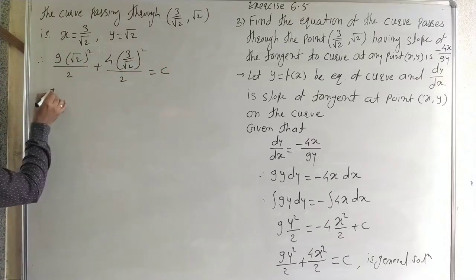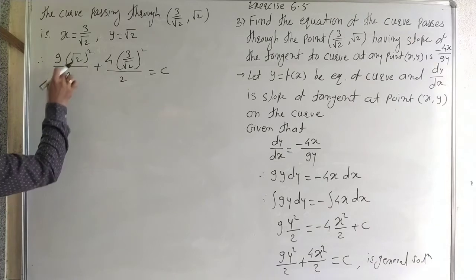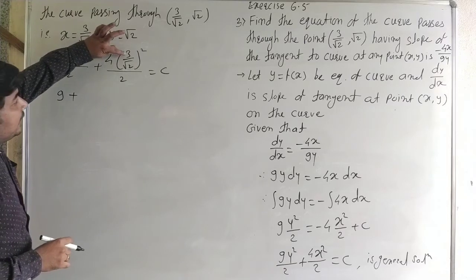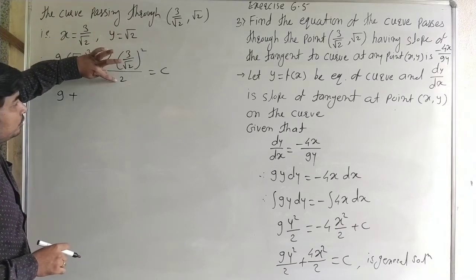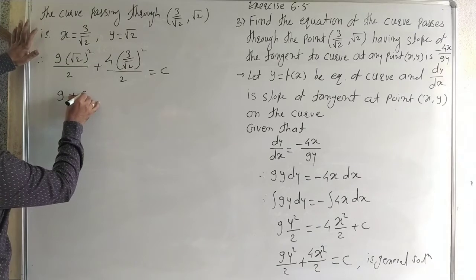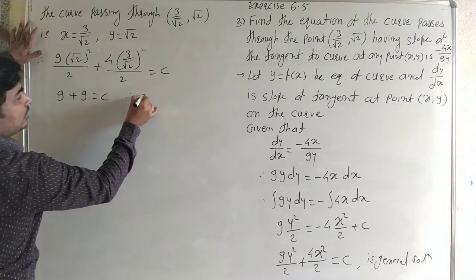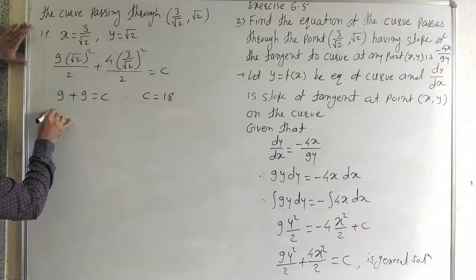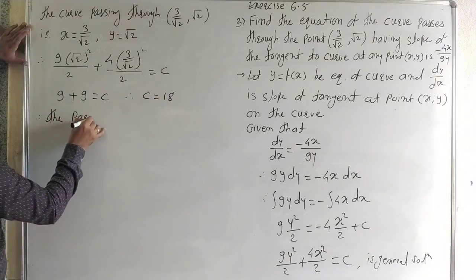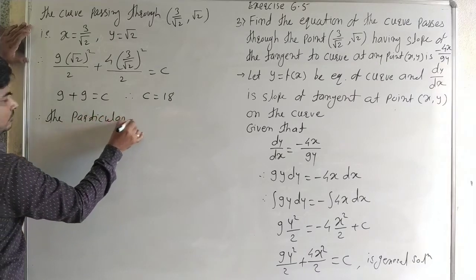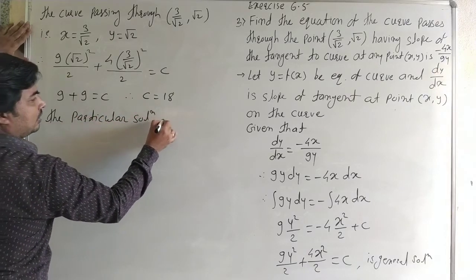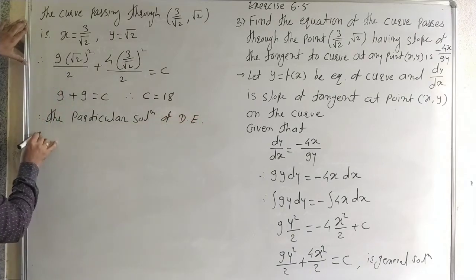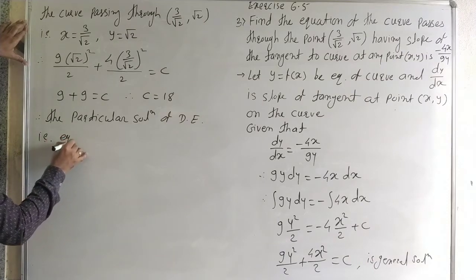Then take the calculation. Here 9 into root 2 square, the 2 gets cancelled, plus 9 by 2 and it is 2, that means the 4 gets cancelled. Here it is 9 is equal to c, and therefore c is equal to 18, and therefore the particular solution of the differential equation, that is the equation of curve,